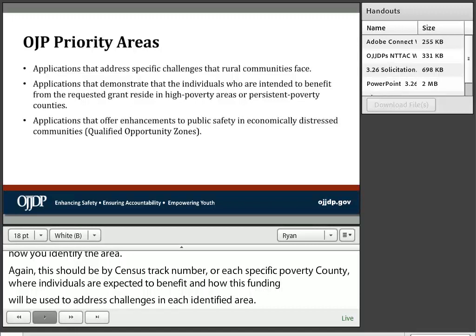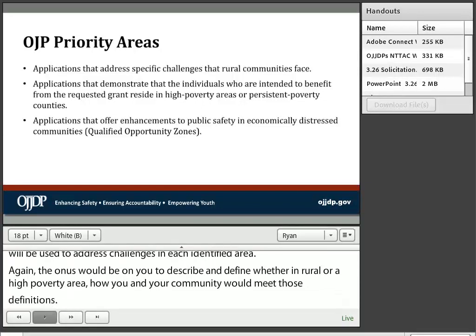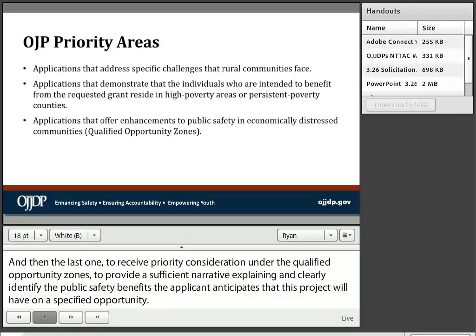And then the last one, to receive priority consideration under the qualified opportunity zone, provide a sufficient narrative to clearly identify the public safety benefit the applicant anticipates that its project will have on a specified opportunity zone. And I think this just came either last year, I certainly remember the first time we put it into our solicitations, and there's a link